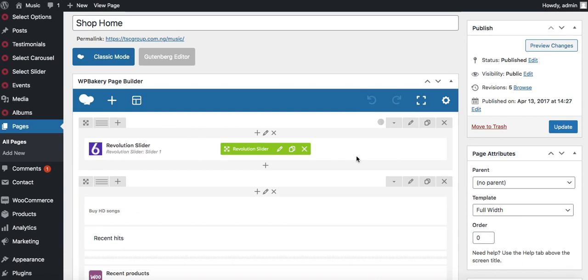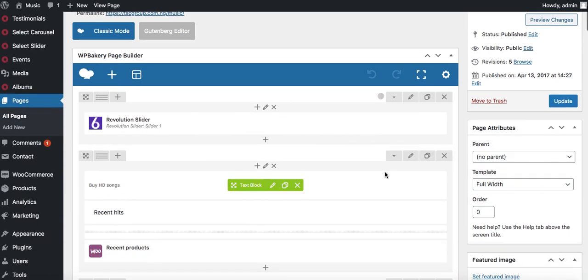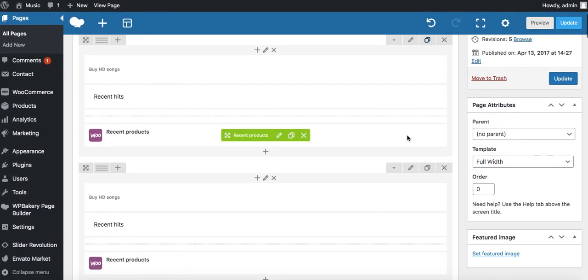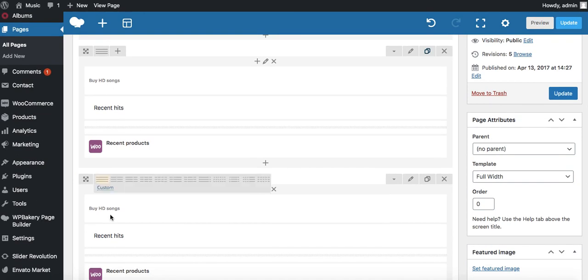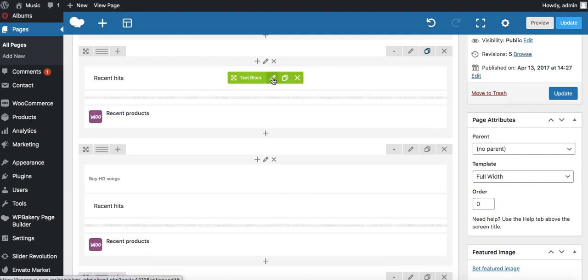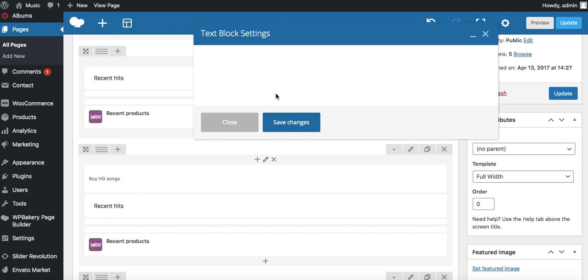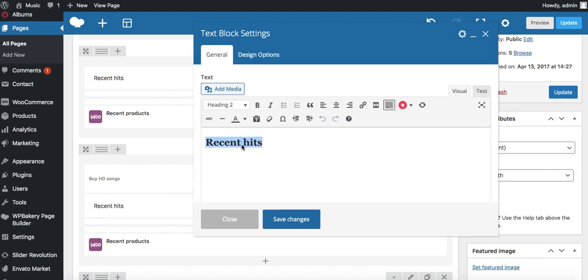Now what I'm going to do is simply, instead of creating a whole new one, click here to duplicate, and you see up there it says clone this row. So if you scroll down, you have it cloned. Notice how you have by HD songs here and by HD songs here. So I'm just going to delete this one, and I'll click here to say recent hits,